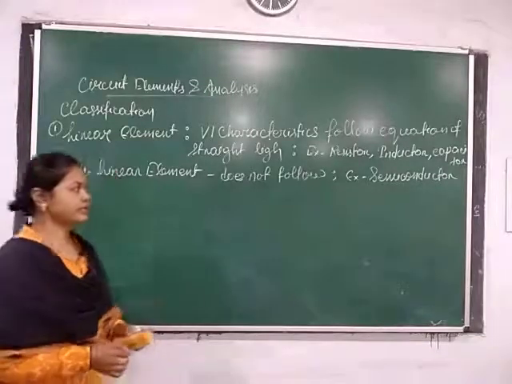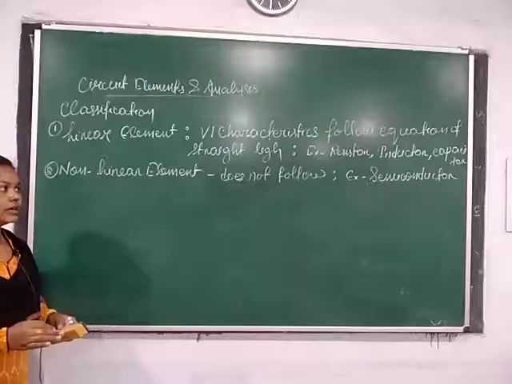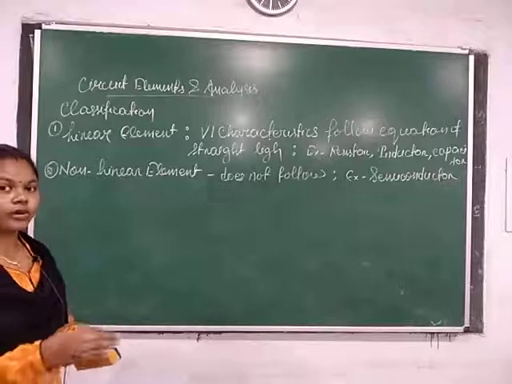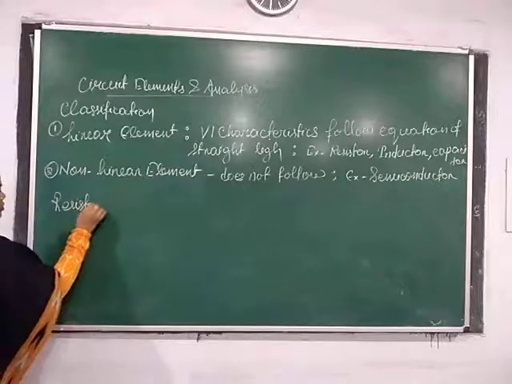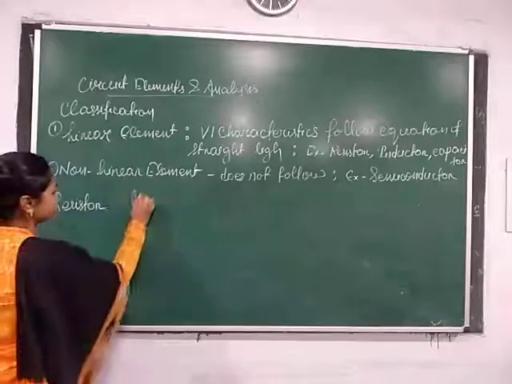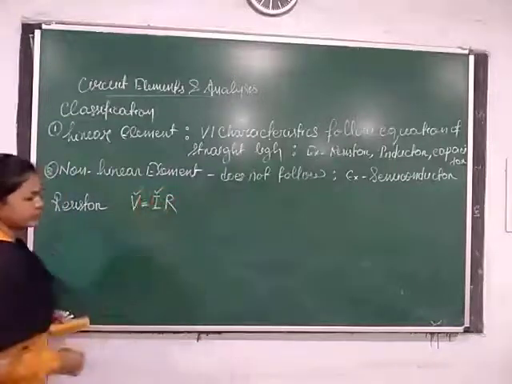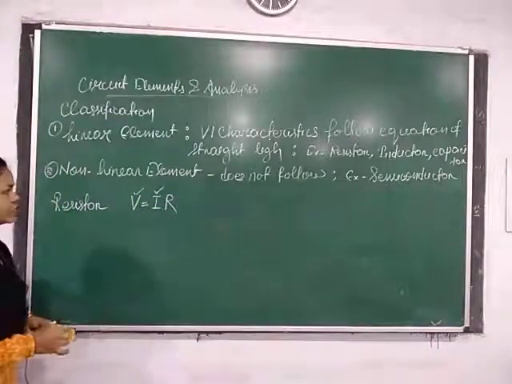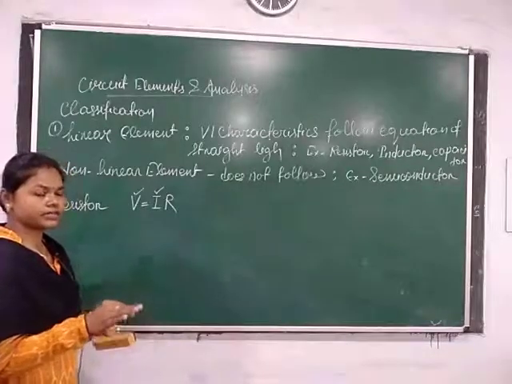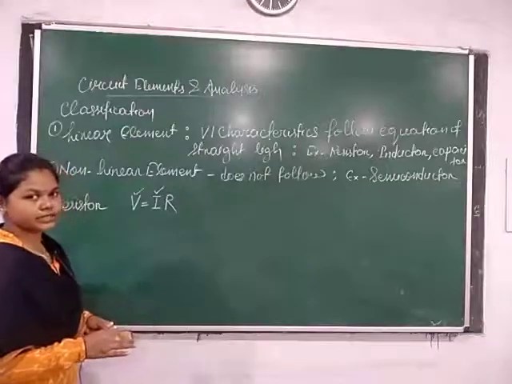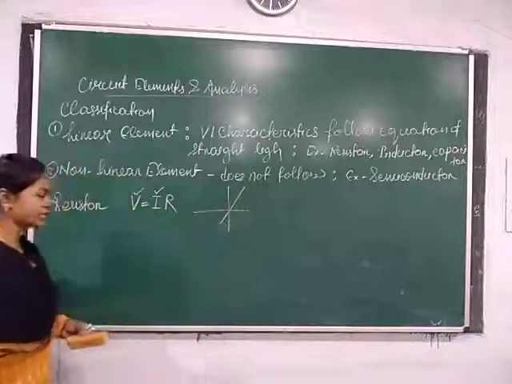of a straight line? See, if we look at the relationship between voltage and current in the case of resistor, inductor and capacitor, what is the equation? In the case of resistor, by Ohm's law you know that V is equal to IR. V and I are directly proportional to each other. If voltage increases, current also increases, and if voltage decreases, current also decreases. So if we draw the characteristics curve, we get a straight line.